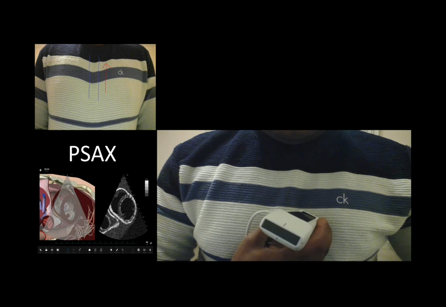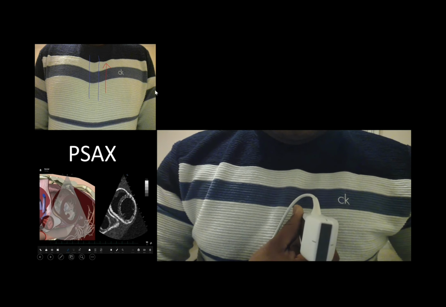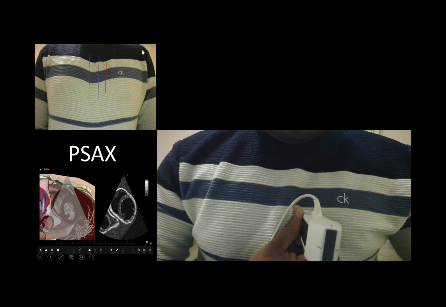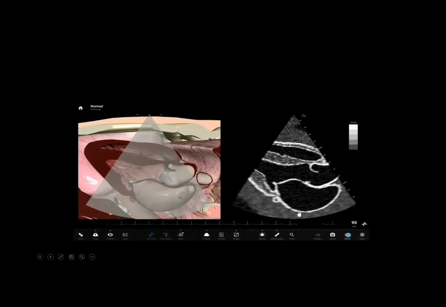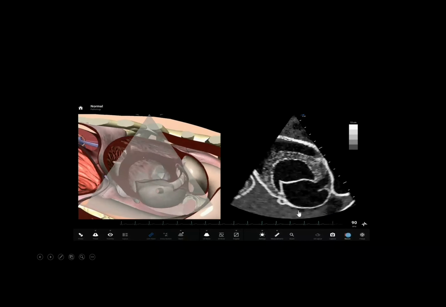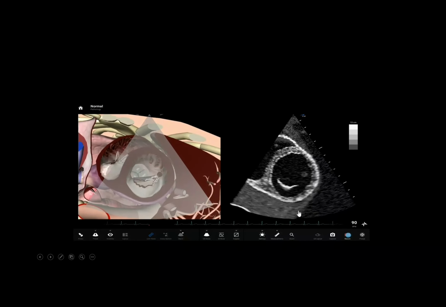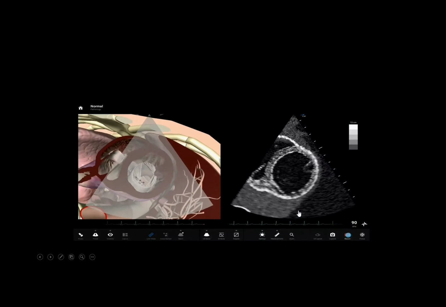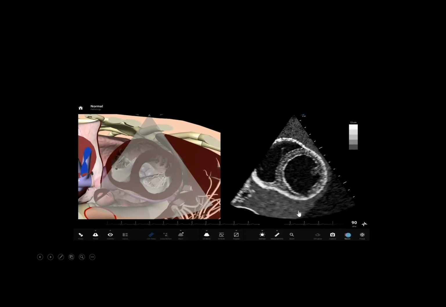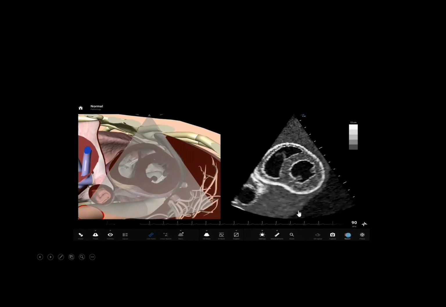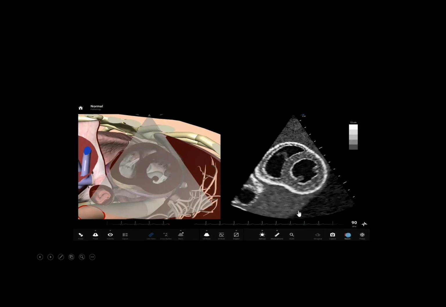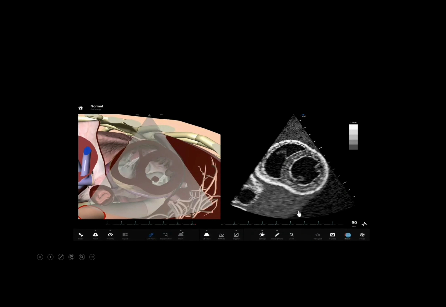Parasternal short axis. Rotate the probe marker towards the patient's left shoulder to get this parasternal short axis view. This is the mid-papillary level,